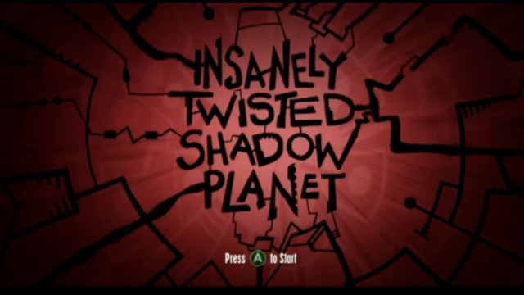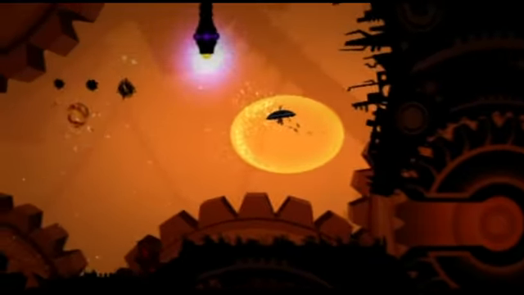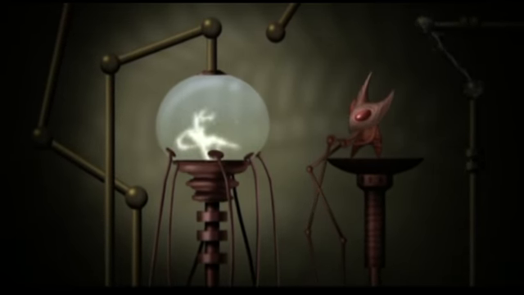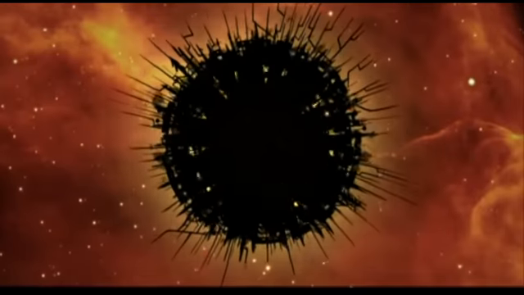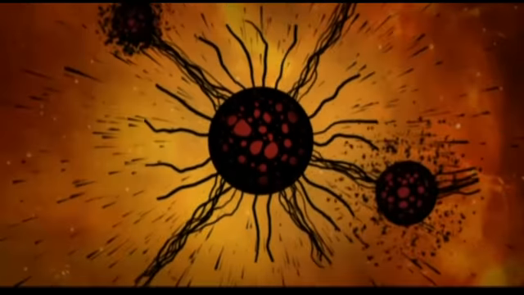This week's game is Insanely Twisted Shadow Planet, a multi-directional shooter/adventure game. You take the helm of a saucer-like spacecraft piloted by a heroic space horror. A star in your solar system has been corrupted by an infectious living evil that threatens your home planet and the very survival of your species. It's up to you to travel to the star and cleanse it before the entire universe is completely shrouded in